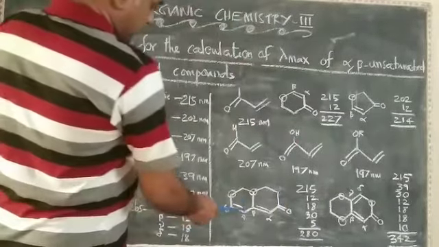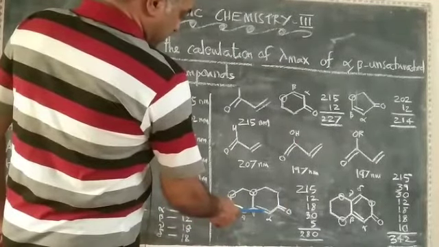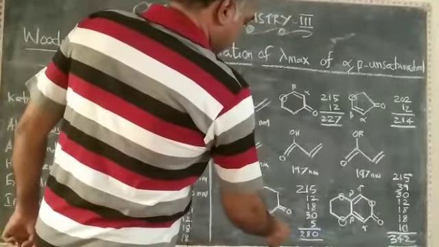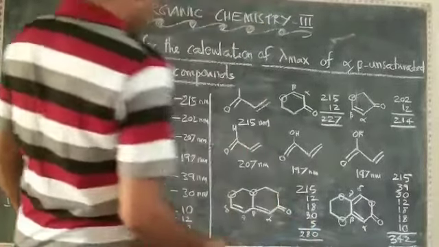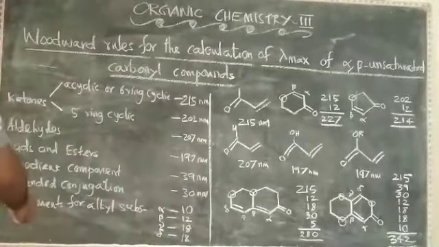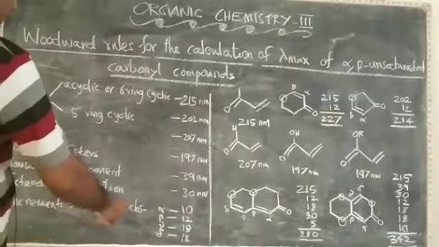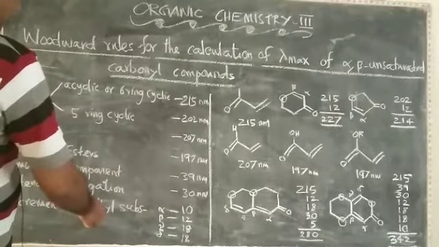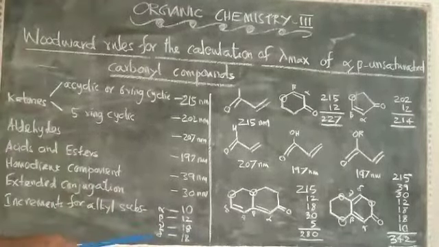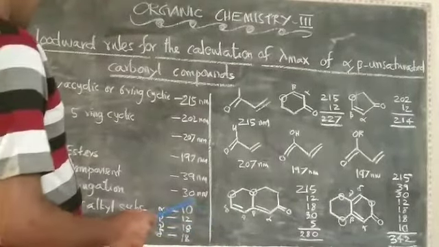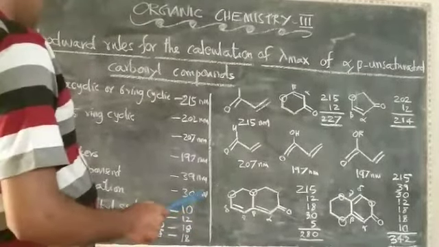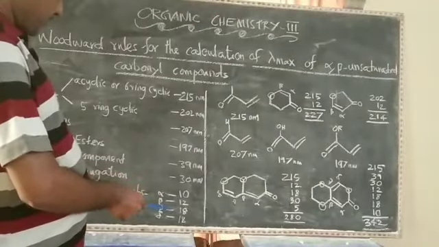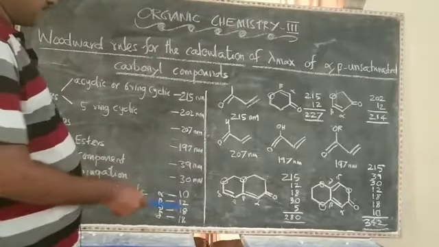And then this ring has an exocyclic double bond. So 5 nanometers are added. So it comes to a total of 280 nanometers. For want of space, I have not shown the rule for the exocyclic double bond, but this rule is the same as it was in the diene system. For one exocyclic double bond, we add a 5 nanometer increment, and for two, when a double bond is common to two rings, then a 10 nanometer increment is added.